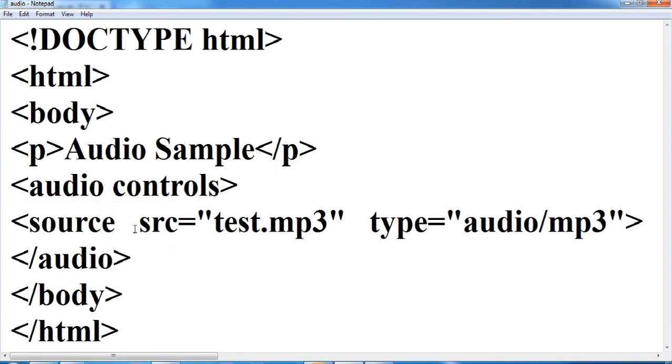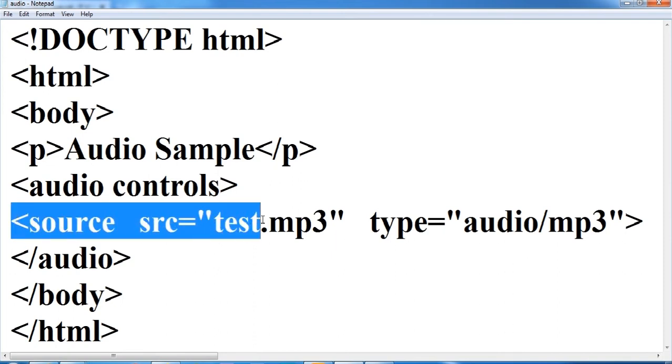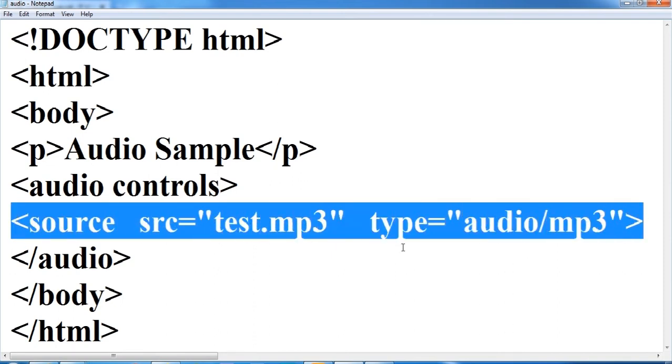I am using a source tag here, and the SRC will import this to your web page. You can simply use SRC here and import the file, but I am using a source tag here so you can understand it more.